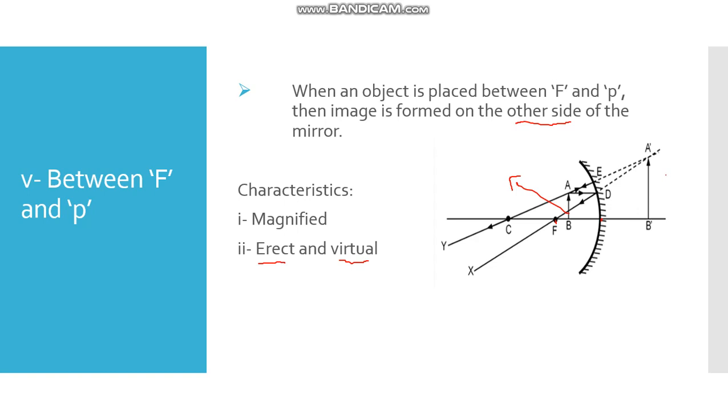How? You can see that the object is like this. This is the head of the object, and the image is also formed like this. While in the previous cases, the image was formed like this, which is inverted. But in this case, you can see that the image is erect, and virtual means that the object can't be shown